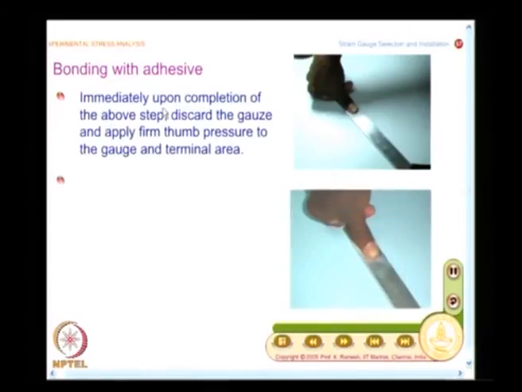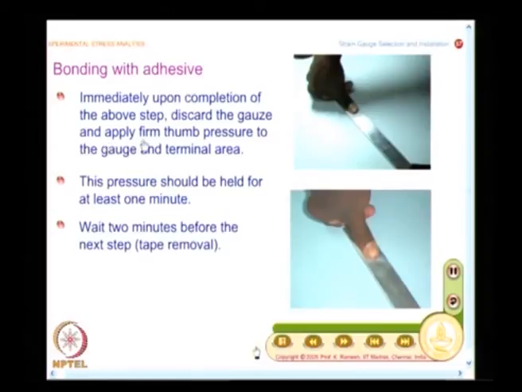So, immediately upon completion of the above step, discard the gauze and apply firm thumb pressure to the gauge and terminal area. So, this is how a strain gauge is bonded, and you need to wait 2 minutes before the next step, which we will take up later.